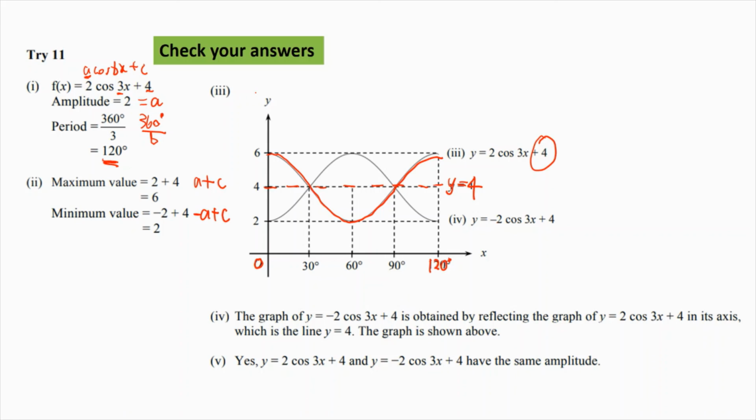It is the reflection of this existing graph, so from here we will reflect down. This is 2 units away, so this will be 2 units away. The amplitude is 2, remember? So the graphs y equals 2 cosine 3x plus 4 and y equals -2 cosine 3x plus 4 have the same